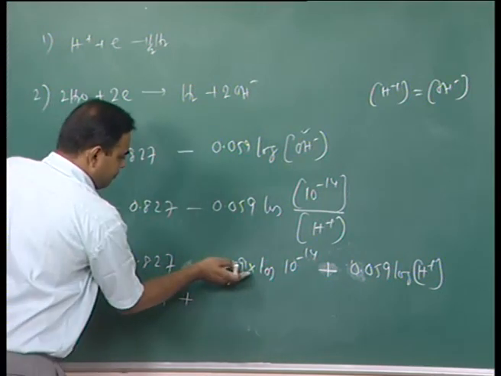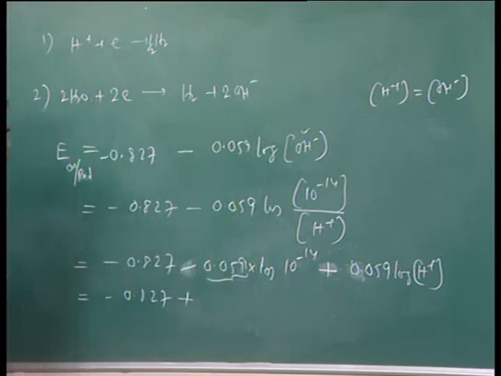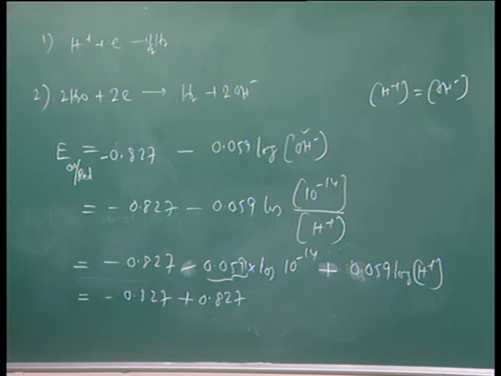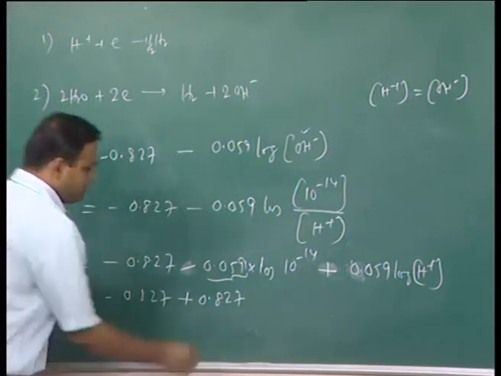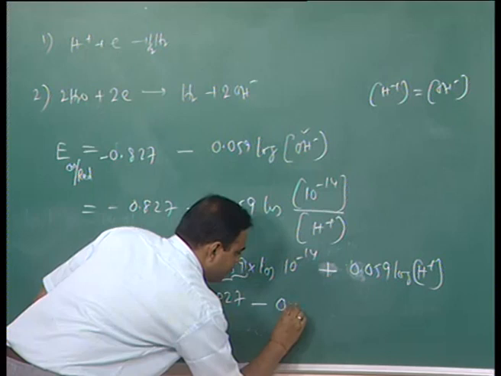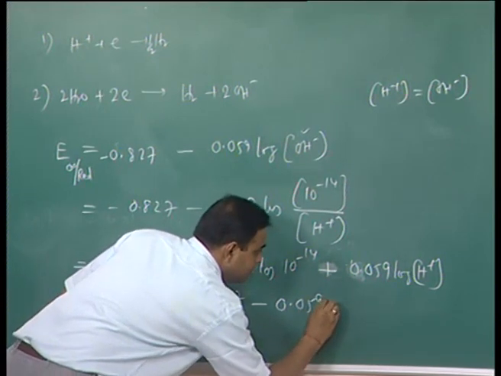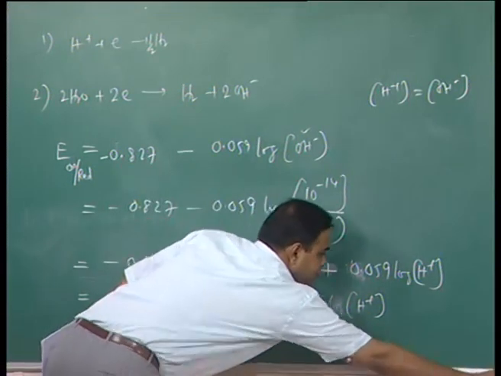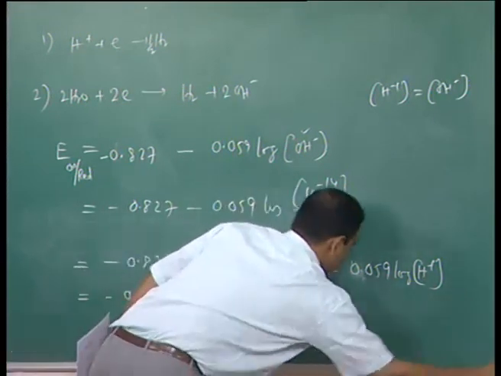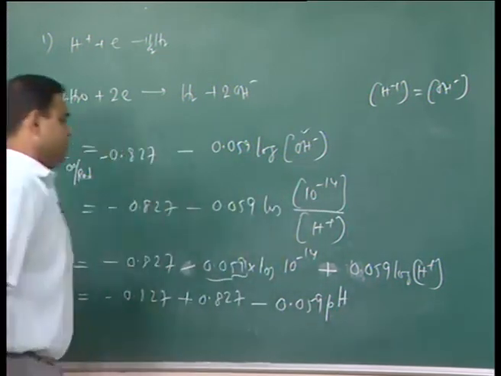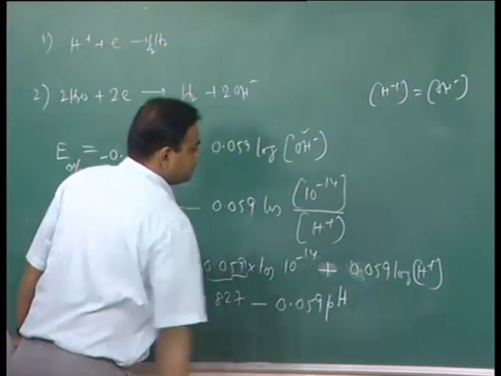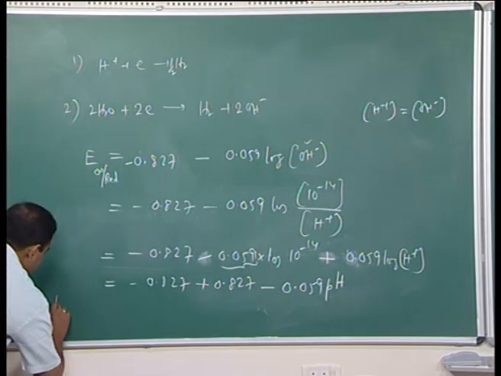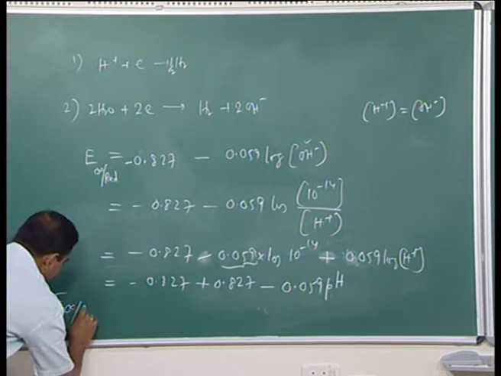So if you multiply this by 14, because this 14 will come out, you will see that it becomes 0.827, and if you take the minus out, then it would be minus 0.059 log of H plus, sorry, 0.059 into pH. Because minus log of H plus ion concentration is pH, this becomes